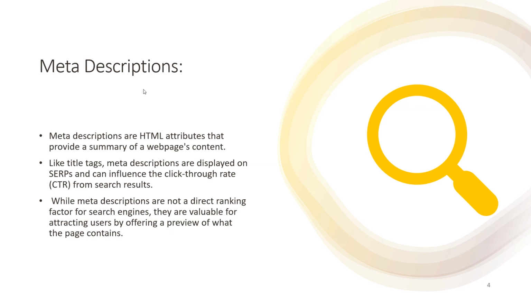Then we have meta descriptions, right? Meta descriptions are HTML attributes that provide a summary of the web page's content, right? When we say HTML attribute, it's basically a specific tag that we write in the HTML code or use an add-on like Rank Math to add into our website that specifically says this is what the page is all about. Right? Like title tags, meta descriptions are displayed on SERPs and can influence the CTR, or click-through rate, from search